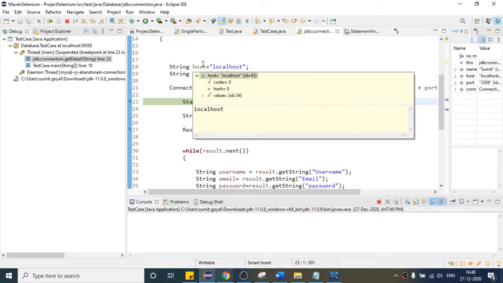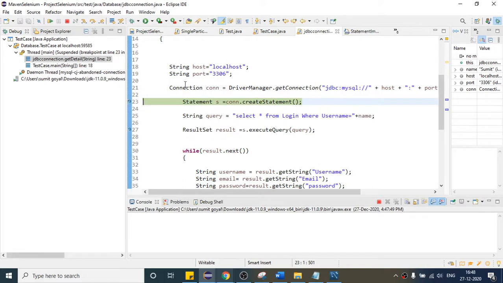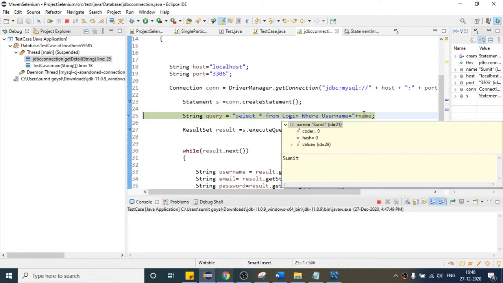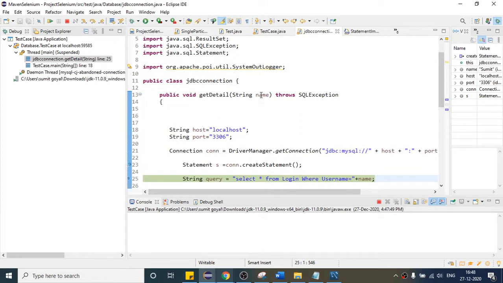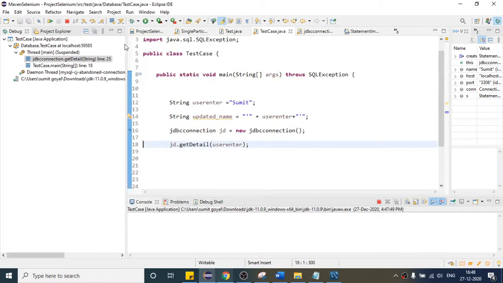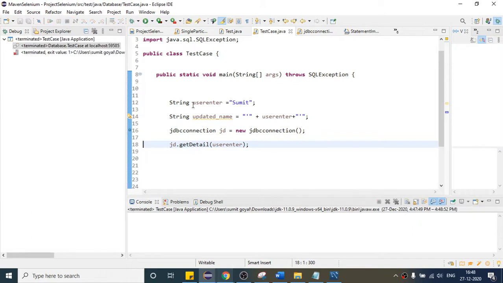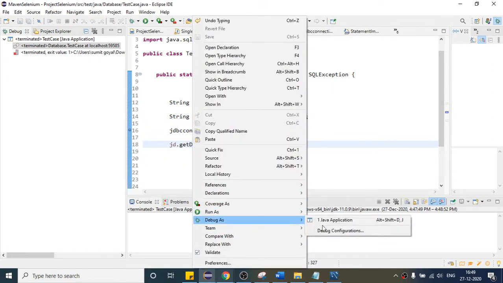So now we are here. This time it will again create, and what is the name this time? The name is this. Okay, so the single quotation is okay. But you are again getting this. Why? Because I have not updated the name. So instead of sending the user enter, I will send my updated name, so that it will get the updated name which we are sending. And if I run it,